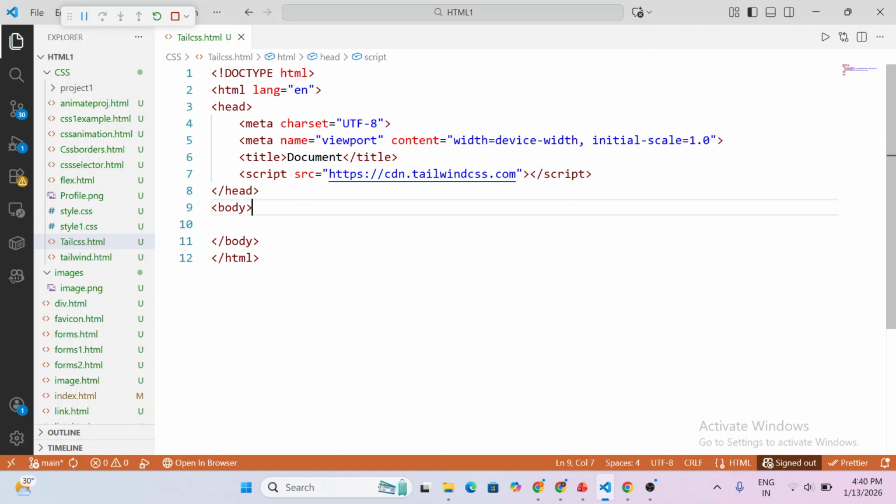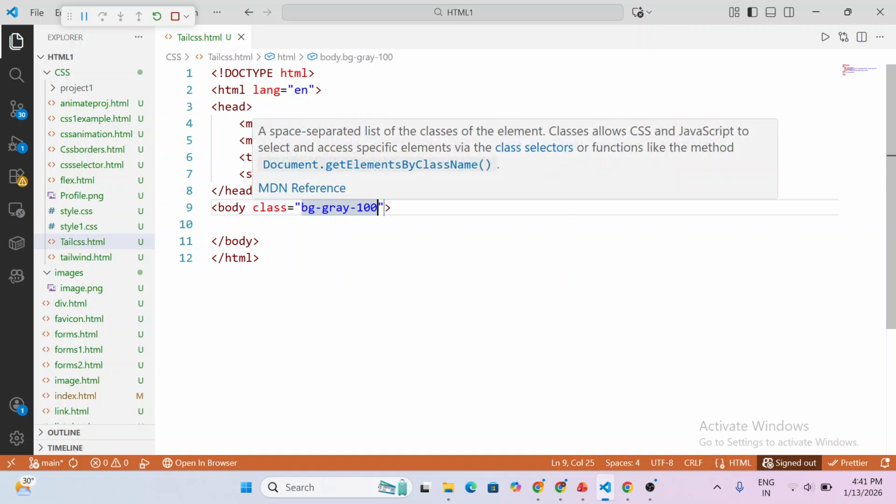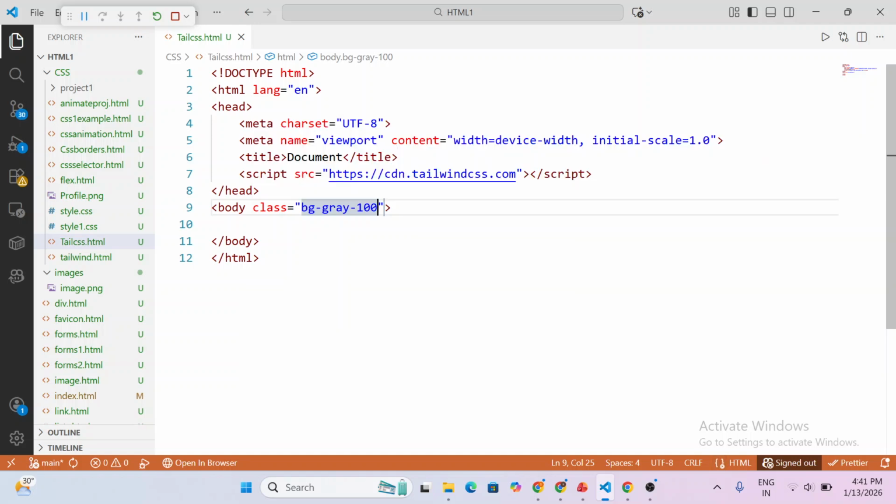So let's start with the body part. In the body, I am applying the styling here only. Just class equals. We are adding the background color, bg-gray-100. Then we are adding flex for this one. Whatever number of items we add, flex will automatically adjust them. Flex, justify